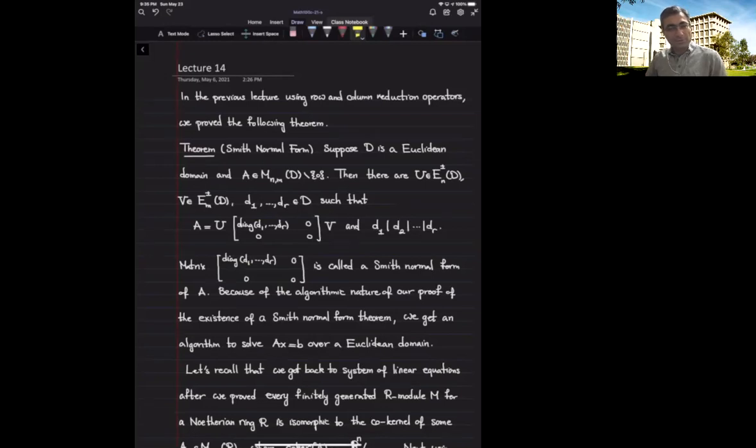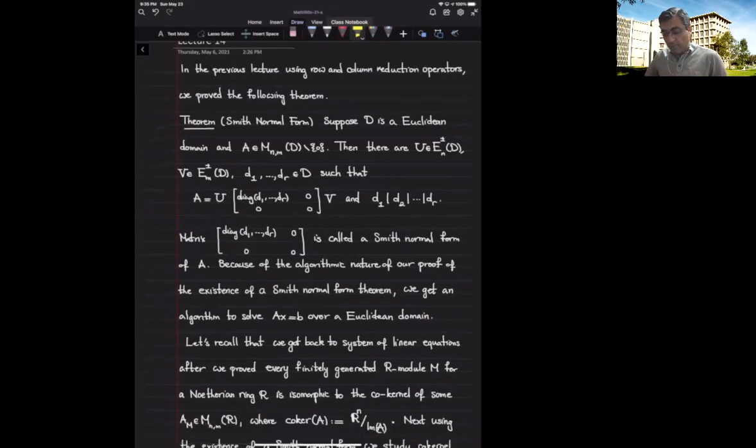In the previous lecture, using row and column reduction operators over a Euclidean domain, we proved the following theorem. So we showed that if D is a Euclidean domain, for a given n by m matrix with entries in this Euclidean domain, we can always find some elementary matrices U and V, with possible permutation matrices as well that we denoted by E sub n plus minus and E sub n plus minus, so that when we multiply A by U inverse and V inverse, we end up getting this simple form for the